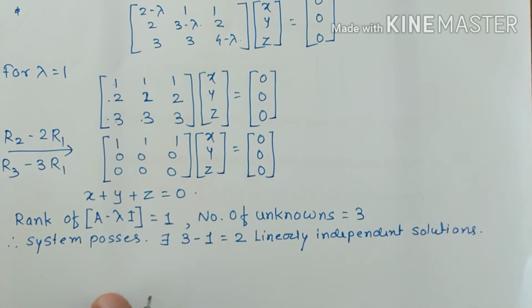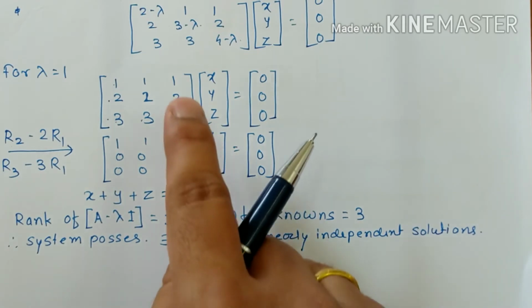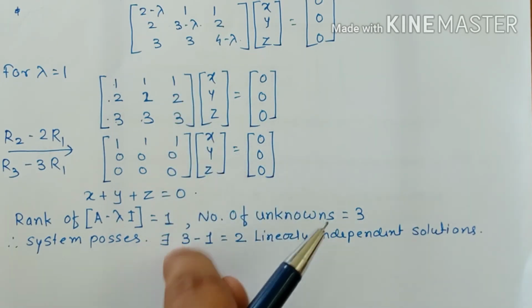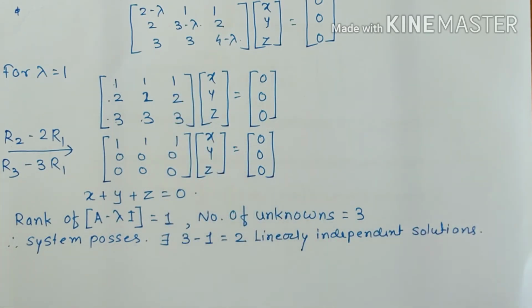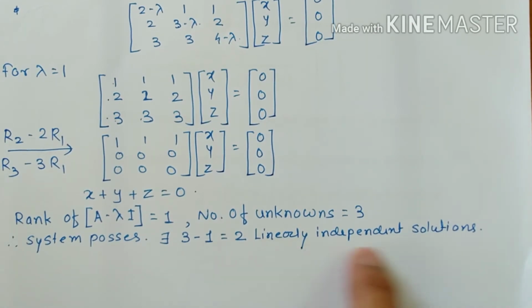Here lambda is equal to 1 is an eigenvalue which repeats more than once. It is not a distinct value, it is going to repeat. So in this case we need to check, as the eigenvalue 1 repeats twice, whether I am getting 2 linearly independent solutions or only one. That is to be checked. Hence we need to apply this procedure. Here Cramer's rule is not applicable. Are you clear with this? So we get 2 linearly independent solutions.